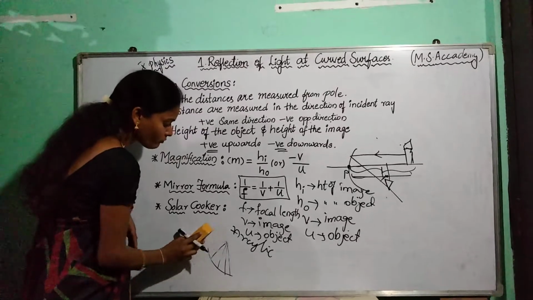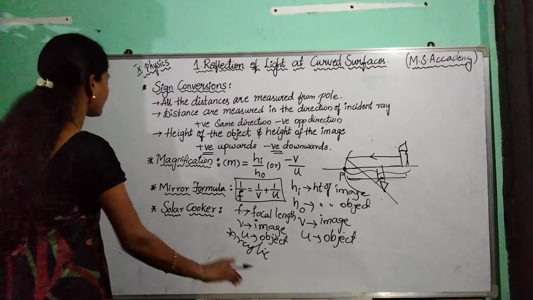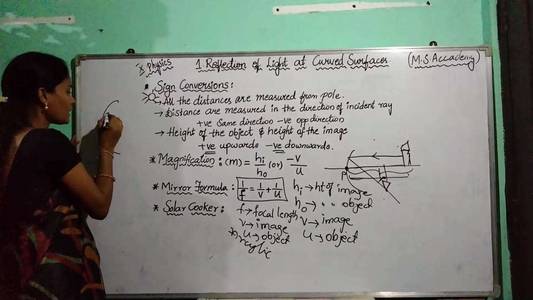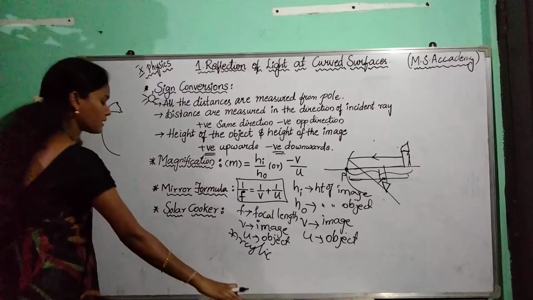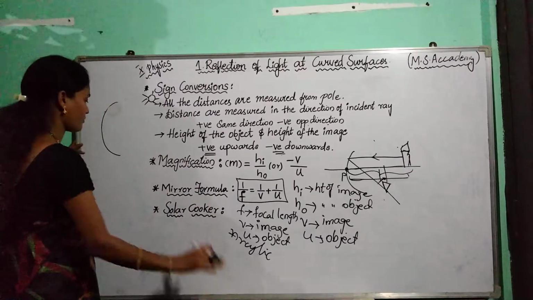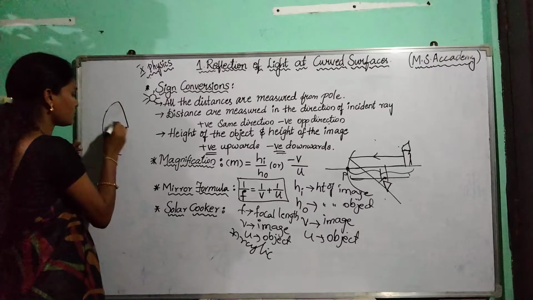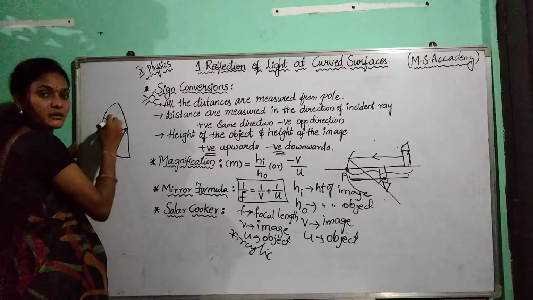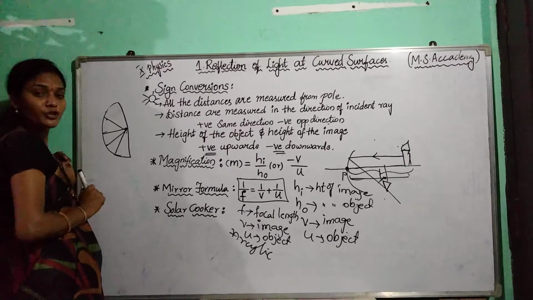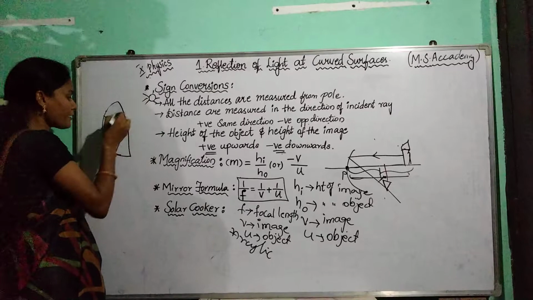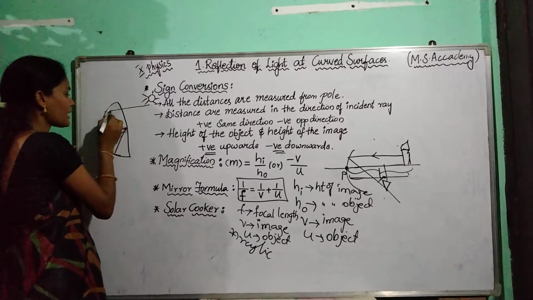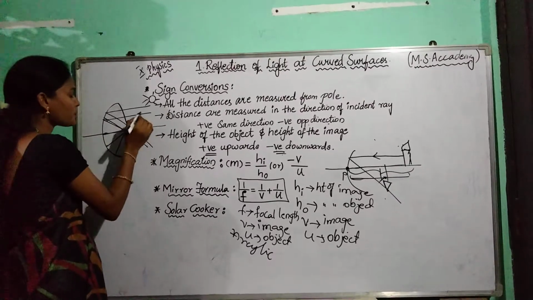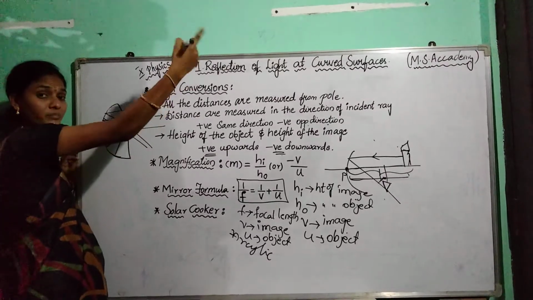After that, you have to expose this solar cooker to the sun radiation. See, like this. Suppose this is the sun. Now we have divided this into equal triangles. This is the center, no? Like this, equal triangles, and you have to paste the arsenic mirrors on this. As the sun rays come and fall, they will be reflected, like this. We all know this is the principal axis. On the principal axis, some rays are coming from the sun.